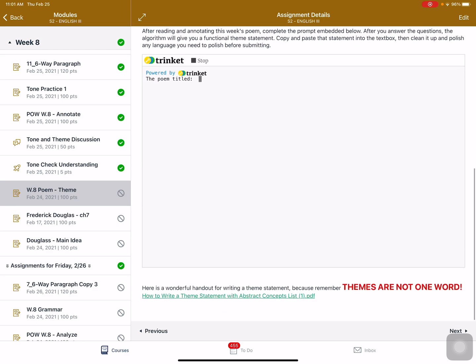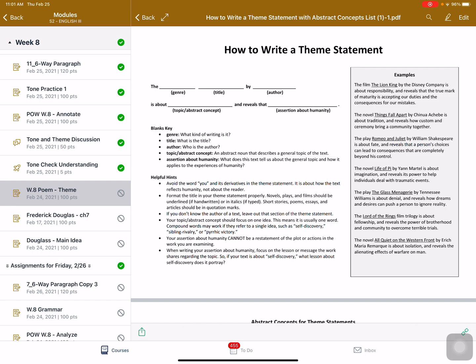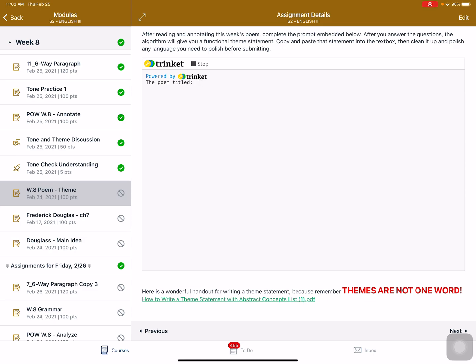Okay, so just as a refresher, here at the bottom of the page, we have already covered this earlier in the semester, but I wanted to show this to you just to remind you that themes are not one word. I'm at the bottom of the assignment. If you preview that attached PDF, this is how you write a theme statement. Now, I have converted this to an algorithm. I wrote a little snippet of Python code,